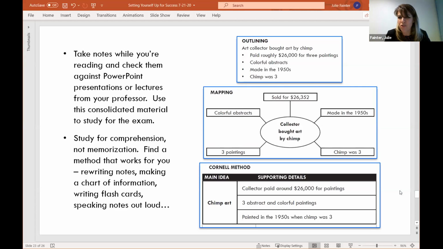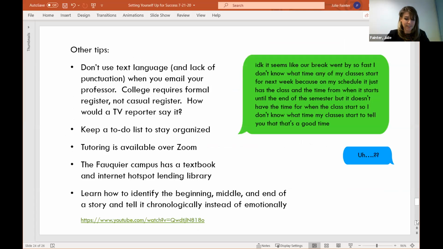So it's not really about memorization, it's more about you want to comprehend what you've been hearing and reading and taking the notes on. So a few other tips for being successful in college